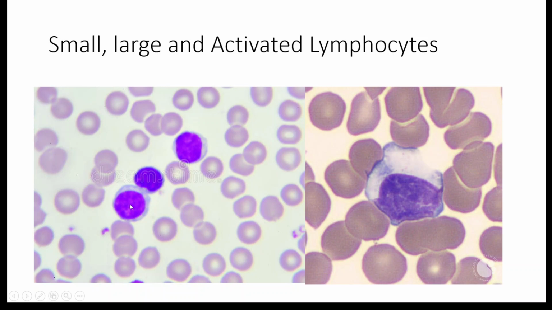Sometimes the lymphocytes could be larger, having more amount of cytoplasm. These are called the large lymphocytes. Occasionally a few of them could have granules. In a virally infected patient, the lymphocytes become activated, where the cytoplasm tends to increase more, is frail and irregular in shape. These are called activated lymphocytes. So when you're looking at a smear and you see activated lymphocytes, think that this patient would probably be suffering from some viral infection.